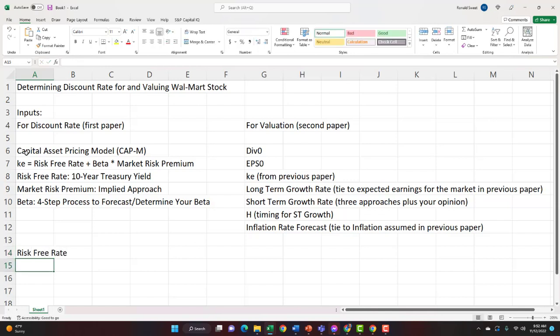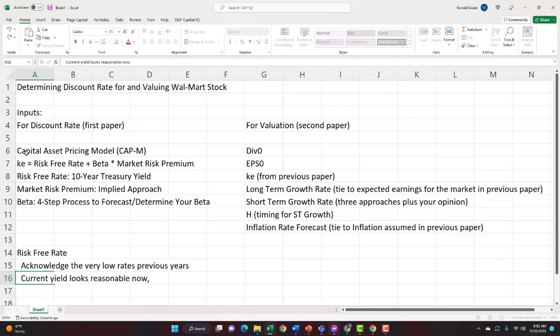And here what you want to do is acknowledge the very low rates of previous years, but it's a little easier for you because the current yield looks reasonable now, so no need to adjust. That would be my recommendation. The current yield, the treasuries are up a lot. You might put in some graphs of the history to show rates have come back